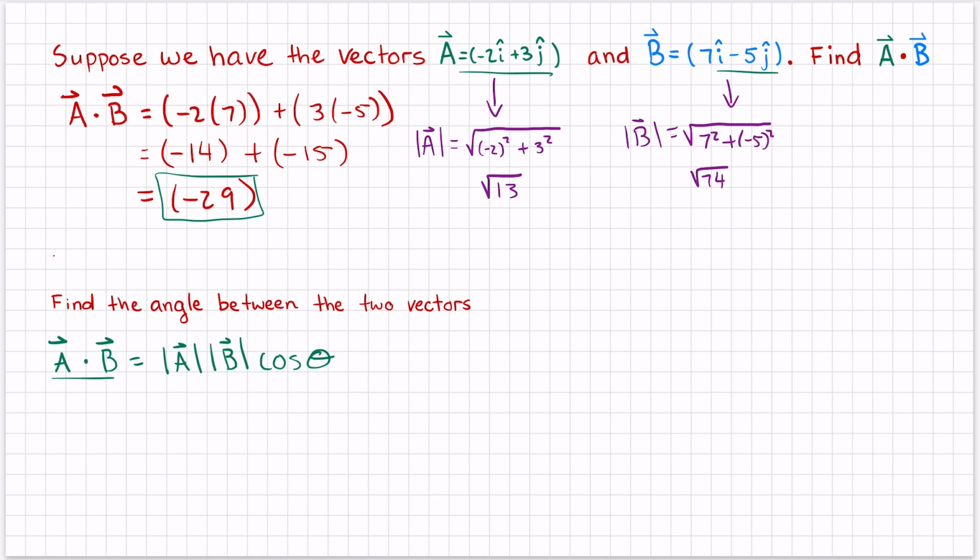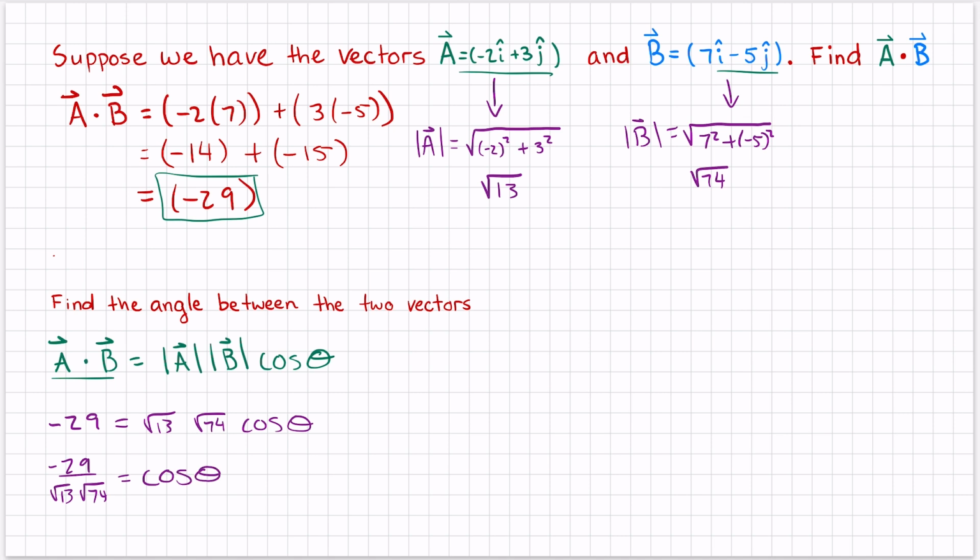I'm going to keep the purple down here on the bottom of the screen. I'm going to say that negative 29 is equal to root 13 times root 74 cosine theta. All right, hopefully you can see a clear path to solving for theta. Let's go ahead and work it out together. First thing, I'm going to do one inverse operation, moving those radicals to the other side. So it's going to be negative 29 over root 13 times root 74 is equal to cosine